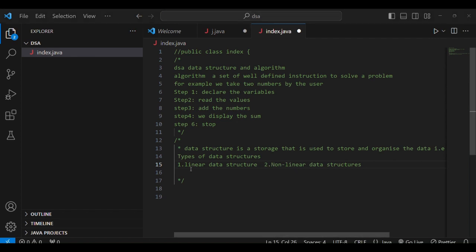First of all, let's discuss the types of linear data structures.